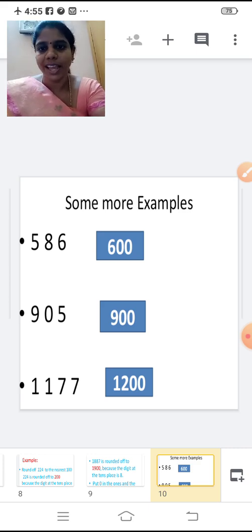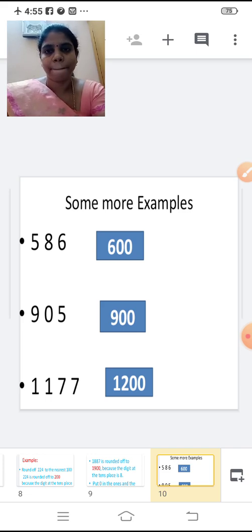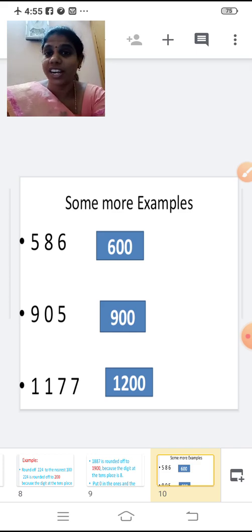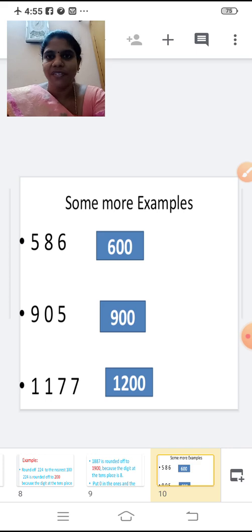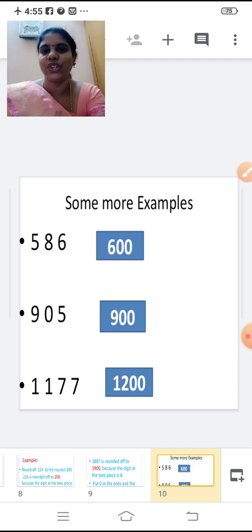905. Now see the digit at the tens place. It is 0, less than 4, right? If it is 4 or less than 4, what you have to do? Place zeros at the ones and the tens place. So I am putting 0, 0. Will the hundreds place change? No, the hundreds place will remain as it is. So what digit are we having in the hundreds place? 9. I am writing 9. So 905 is rounded off to 900. Third one,